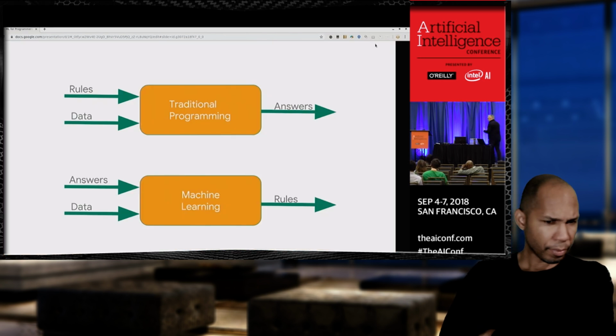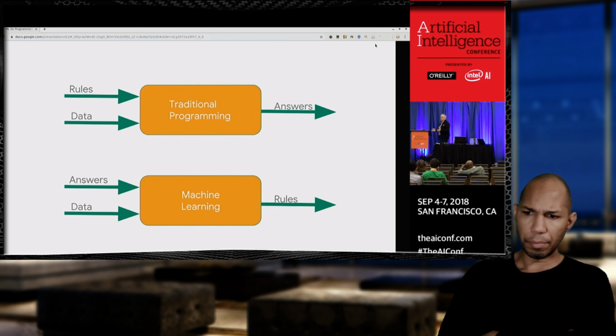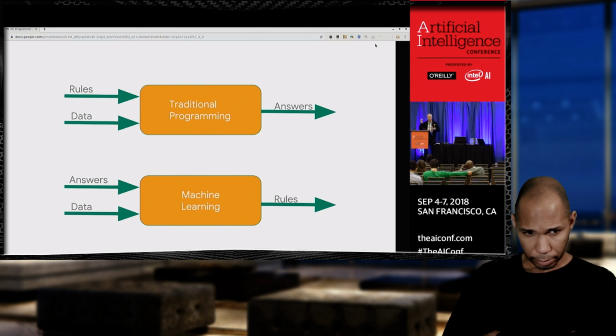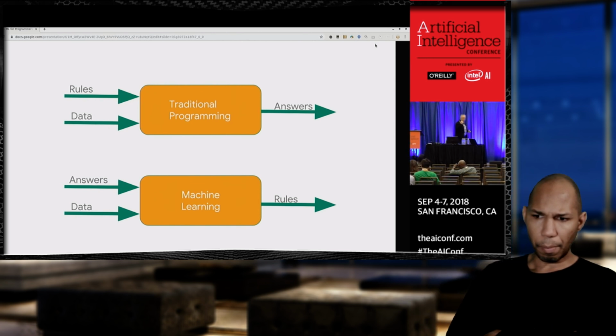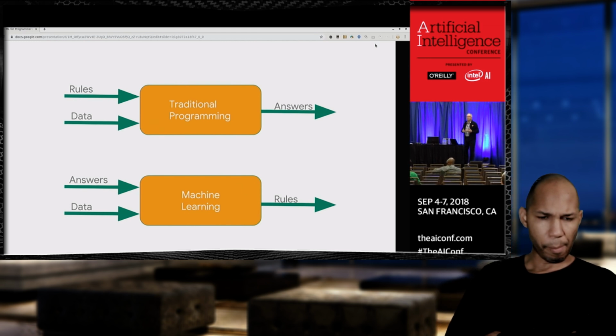Hopefully this was a good introduction to the concept, from a programmer's perspective, of what machine learning is all about. I always like to say at talks that if you only take one slide away from this talk, if you've never done machine learning or you want to get into programming machine learning, take this one here. Because this is really what the core of the revolution is all about, and hopefully the code that I showed you demonstrates that: machine learning is really all about taking answers and data and feeding them in to get rules out.